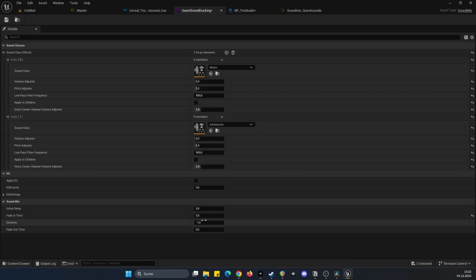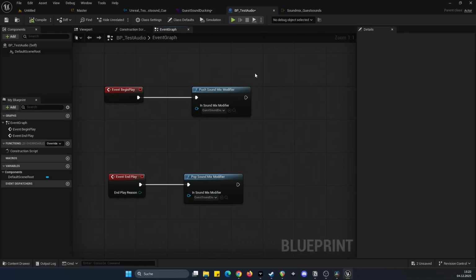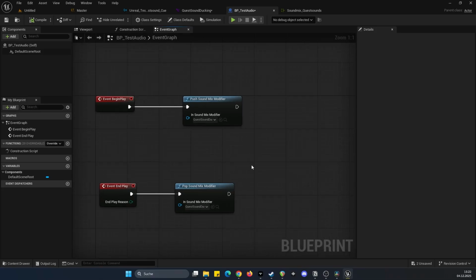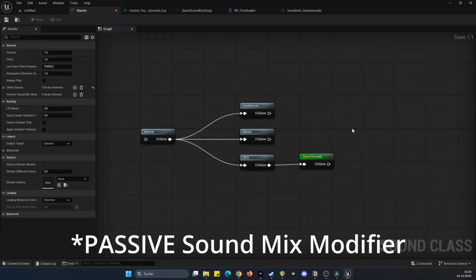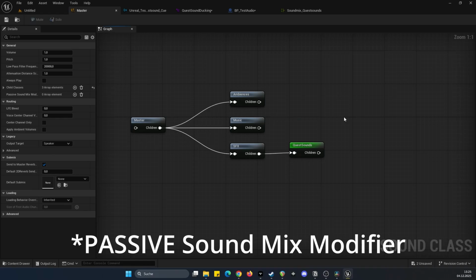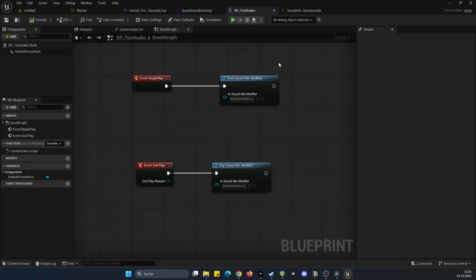But obviously then we don't need to care about the duration. So we can just leave this at -1 because we control how long this will go by setting the proper points in our blueprint script where we want to start and stop it. And this is a really cool alternative way to do this when we want this to be in a more precise way. So the sound mix modifier might be sufficient in many applications,